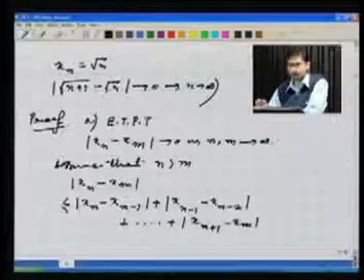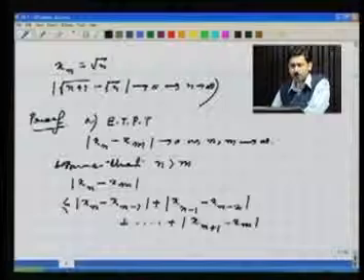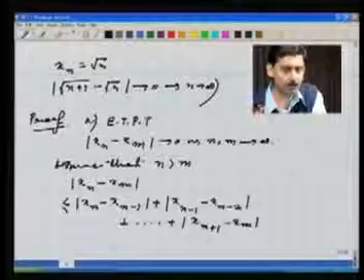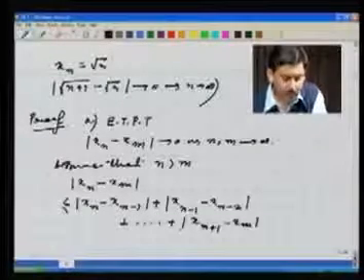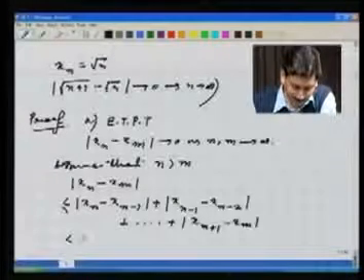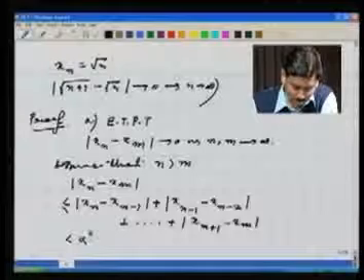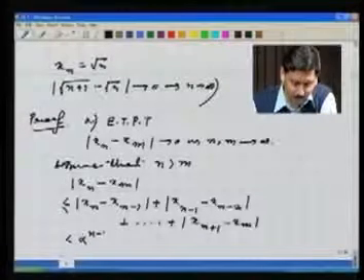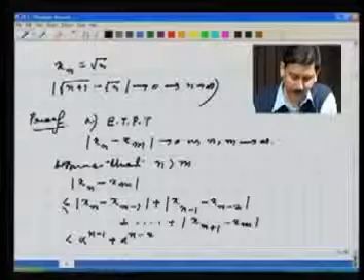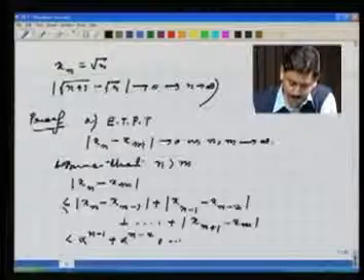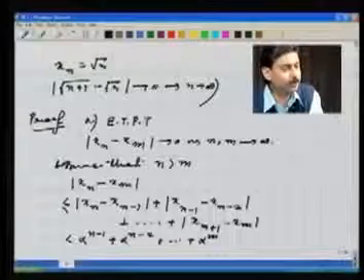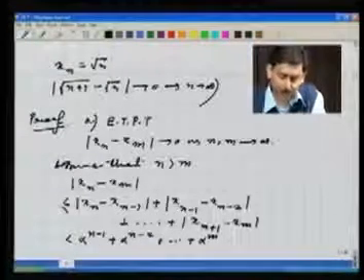How do I get this? Well, I just insert the extra terms which I am writing down, and then subtract and just use triangle inequality. Okay? From that you get this. Now you use the given condition in A. I can say that this is less than alpha to the power n minus 1 plus alpha to the power n minus 2 plus and so on, up to alpha to the power m. Okay? This follows from the given condition.